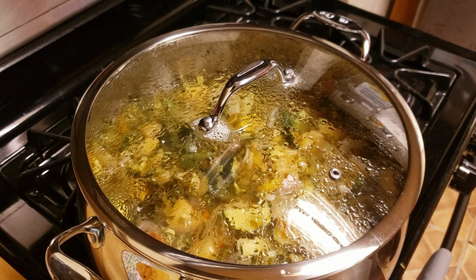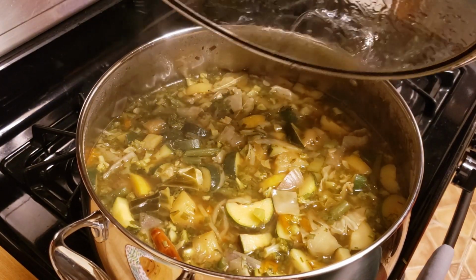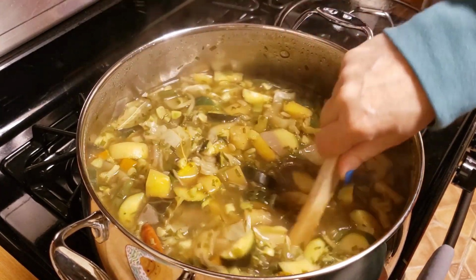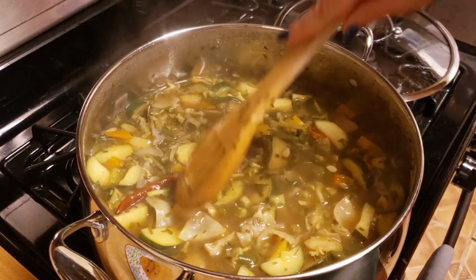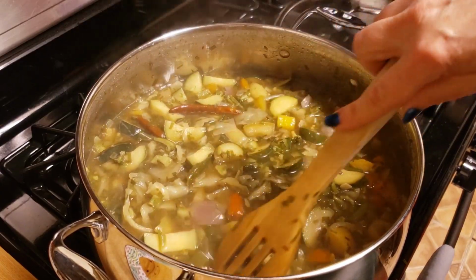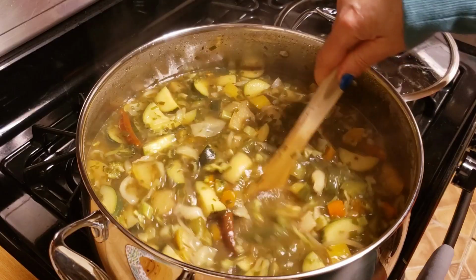We're in Bobchi's kitchen, my kitchen, and I just made a big pot of vegetable soup. I was kind of cleaning out my freezer of some diced peppers, onions, squash, cabbage. I still had cabbage in my freezer. Threw it all together with my garlic broth and some chicken bone